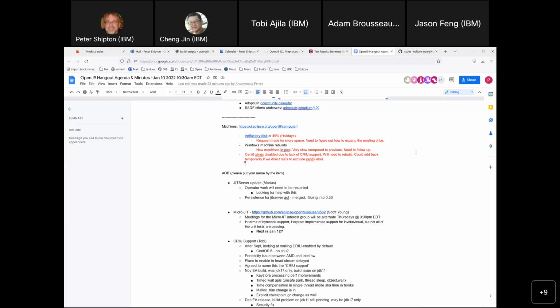So is that the plan, Toby? Is to take these CRIU tests, move them into a separate bucket, and then have them run on machines that aren't Sense 6? No, so I think what Lan suggested was that in the playlist file there's platform requirements, and we would say not Sense 6, and for existing tests it already recognizes platform requirements. For example, if you say not P Linux, it doesn't put it on P Linux. So my interpretation of that was that we would add that to the CRIU test, and it just wouldn't target Sense 6 machines. So you realize that means you could go for some extended period of time where you're not